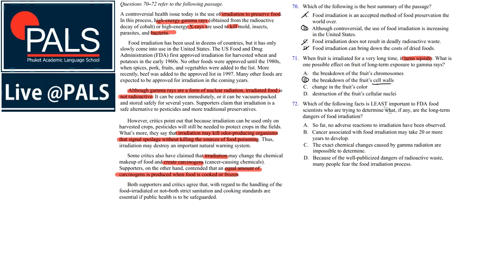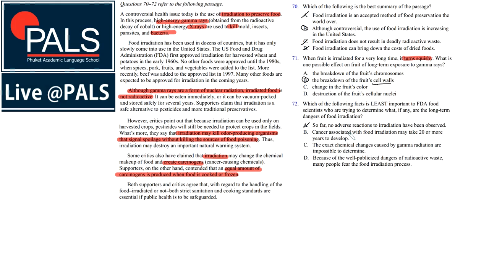Which of the following facts is least important to FDA food scientists who are trying to determine what, if any, are the long-term dangers of food irradiation? Least important facts to determine long-term dangers. So far, no adverse reactions to irradiation have been observed. That is an important piece of information, so we are looking for the least important. Cancer associated with food irradiation may take 20 or more years to develop. That is probably an important fact as well,